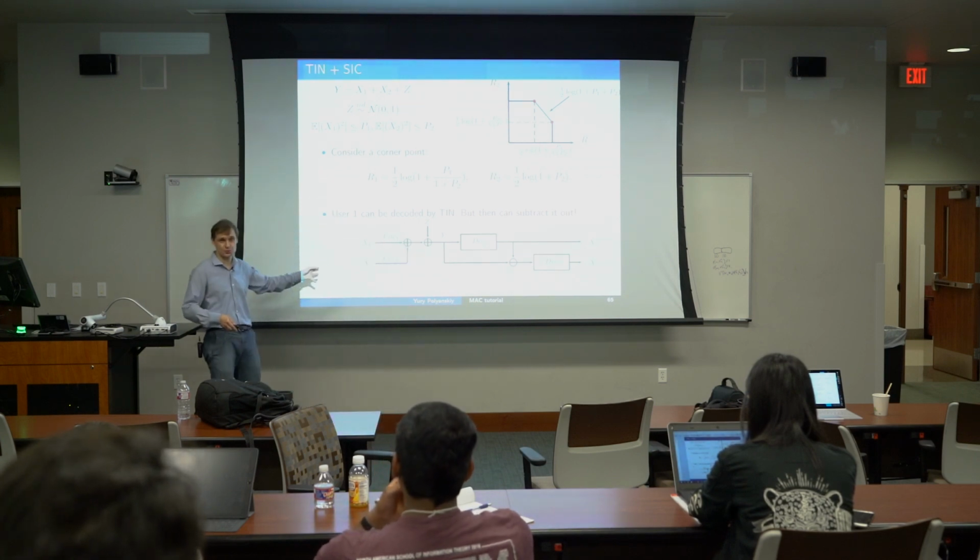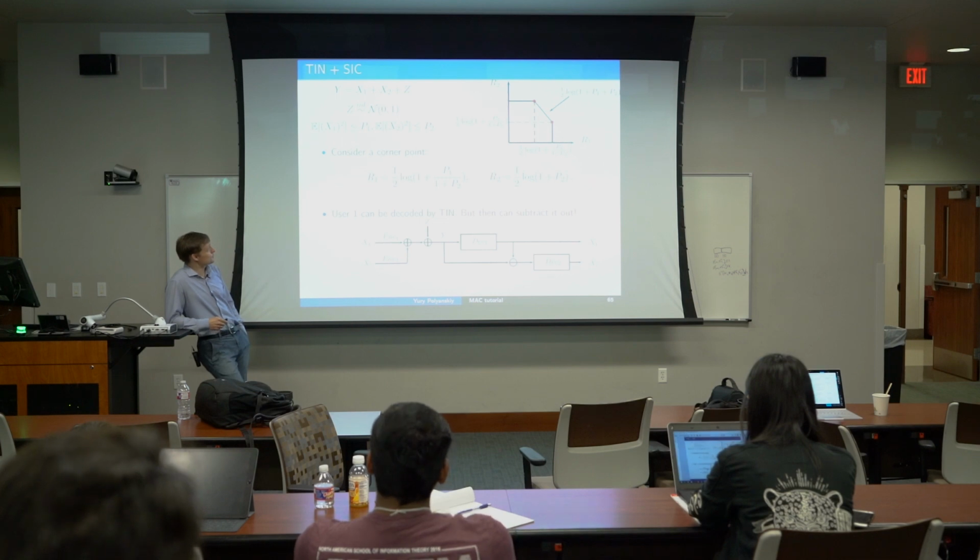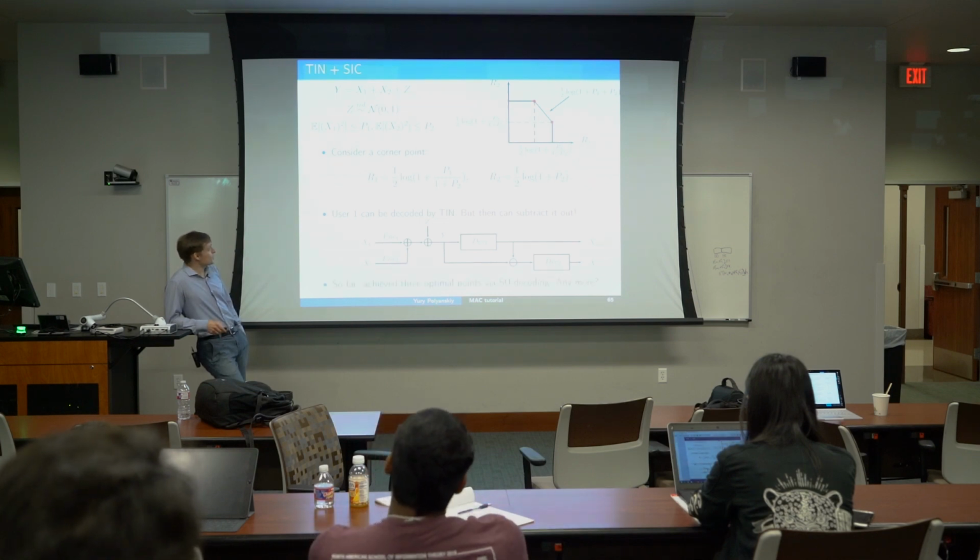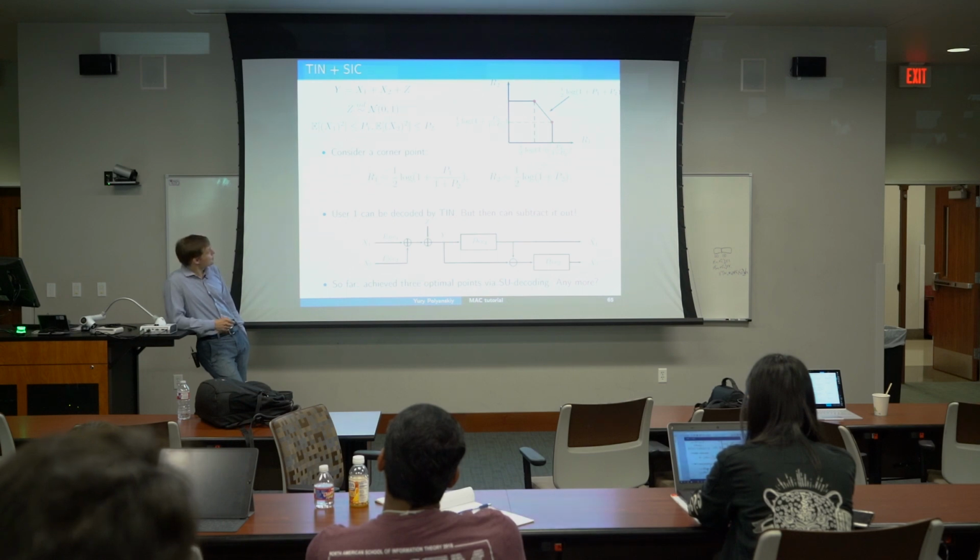There exist codes for which this architecture works, and you achieve corner points. Okay, so looks like we are in good shape, right? So I showed you how to achieve 3 out of this line, right? 1 FDMA somewhere in the middle, 2 corner points. So for some time, people thought that the rest of the points wouldn't be possible to achieve by this kind of,